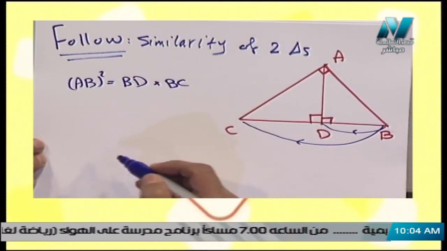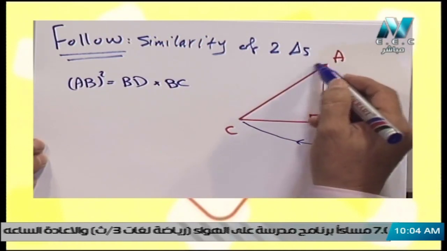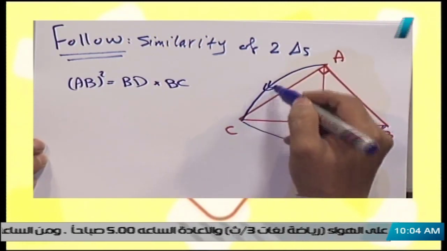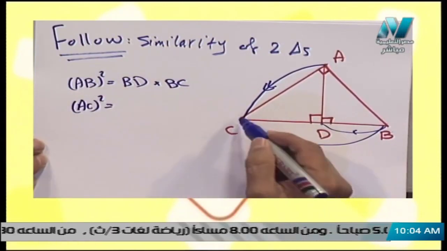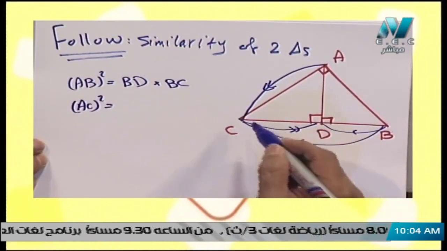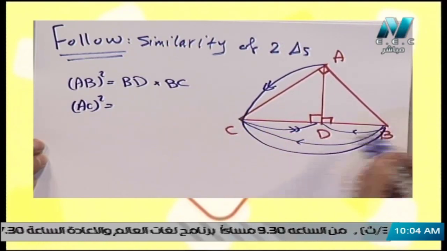And also we have AC power 2 equals CD multiplied by CB,